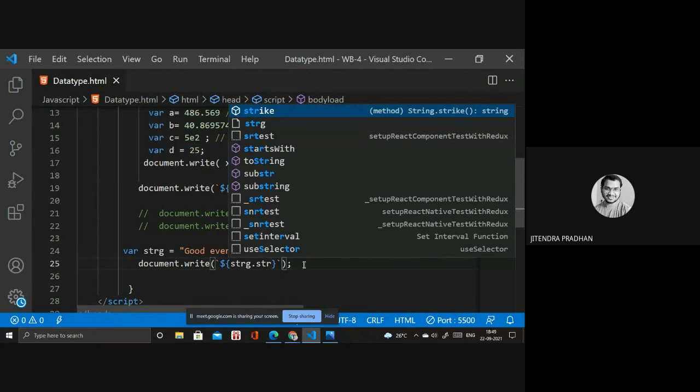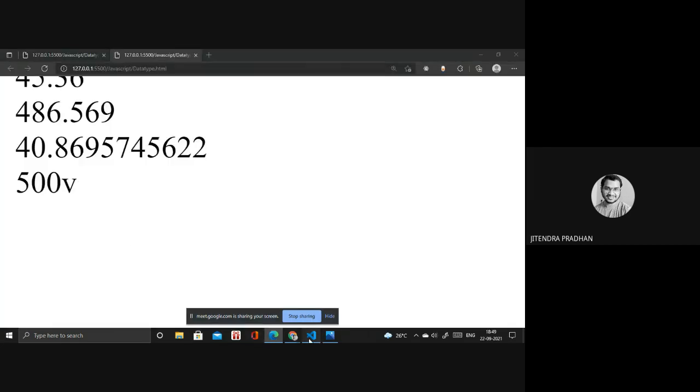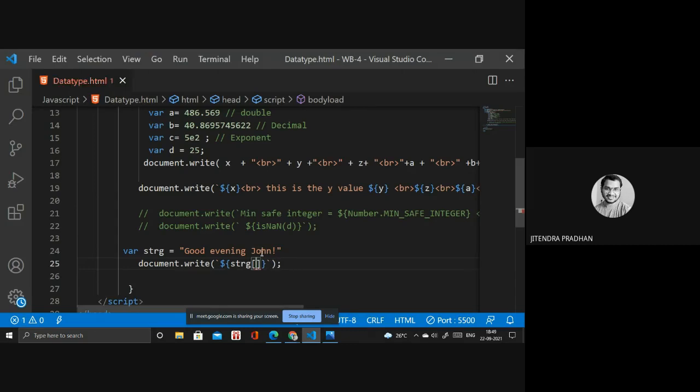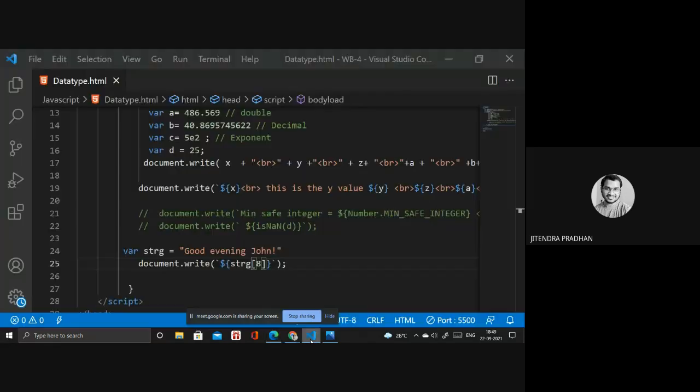One thing you need to observe: if you want to access a character without the charAt method, you have to use the string, meaning the variable name, and mention the index number of the particular character. If I write 6 inside that, it will be p. If I write 8, 10, you can do it that way as well. According to your requirement and convenience, you have to do all these things.